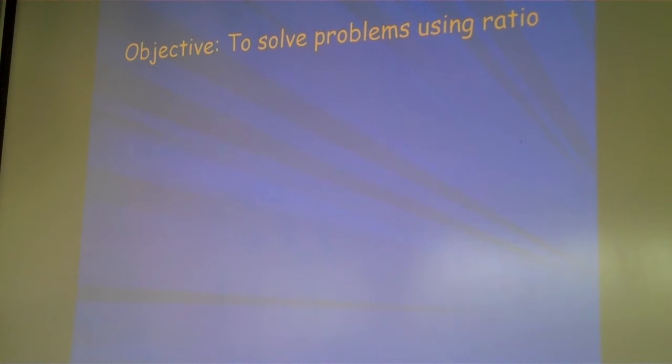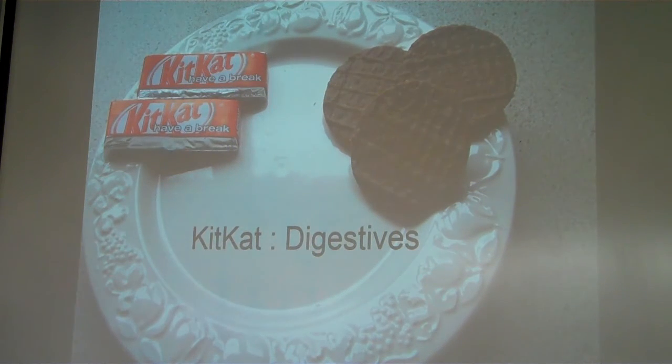Right, I'm covering all aspects of ratio right from the beginning and then taking in some of the more difficult bits. Okay, so ratio. We should be completely understanding of how we write a ratio. It's really important that when you're writing your ratios, you are writing them in the right order. So if it says to you, Kit Kats to digestives, and then gives you the ratio, then that's what you